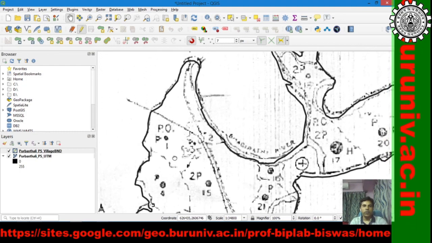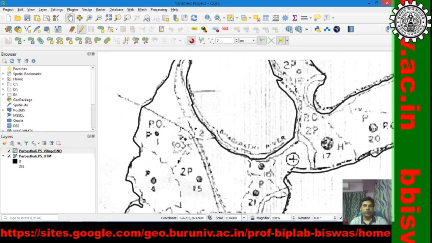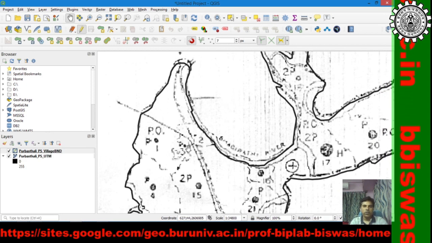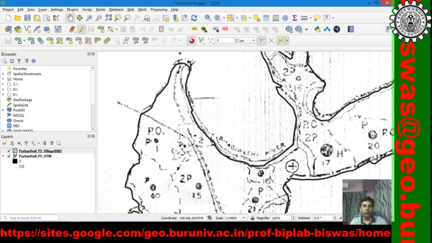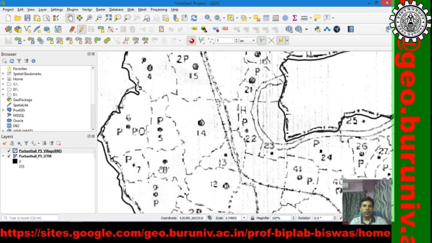And we come back to the beginning. This is our village number 1, this is village number 2. So, we will start from this sequence that will make our data organized. So, 1, 2, 3, 4, then we go to 5, 6, 7, 8, 9.